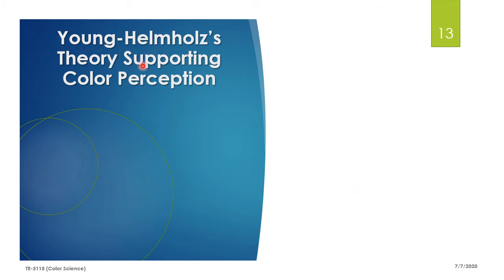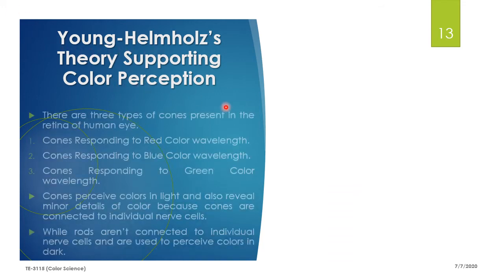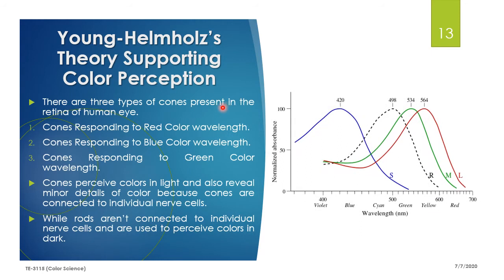Young-Helmholtz theory, color perception. Actually, Young-Helmholtz theory says that the human eye consists of three types of cones. One set of cones responds to the red wavelength, the second to the blue wavelength, and the third to the green wavelength. Cones can perceive color in light and can also reveal the minor detail of